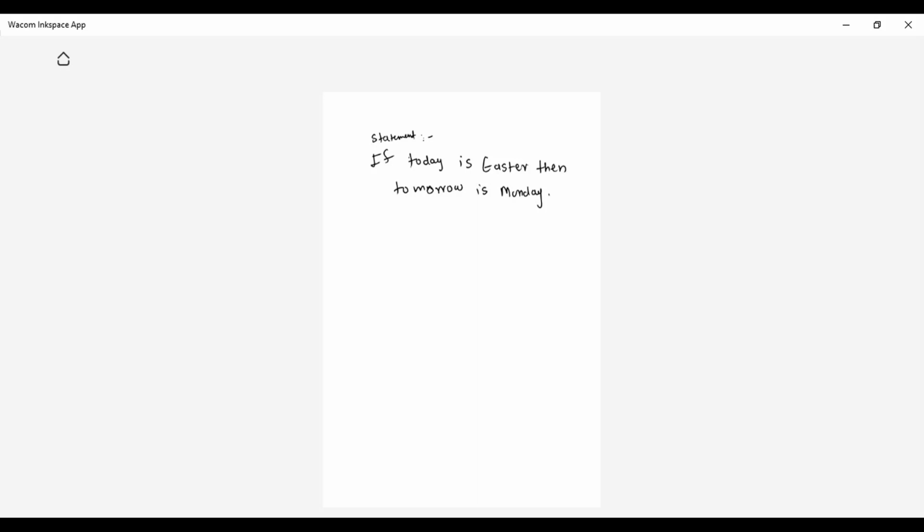Now, the first step: we know in order to find the converse, we are going to do Q to the P. In order to find inverse, we are going to have negation P to the negation Q. In order to have a contrapositive, we are going to do negation Q to the negation P. But what are this P and Q, right? So this statement, basically, we need to convert into symbolic form. So how am I going to convert it into symbolic form?